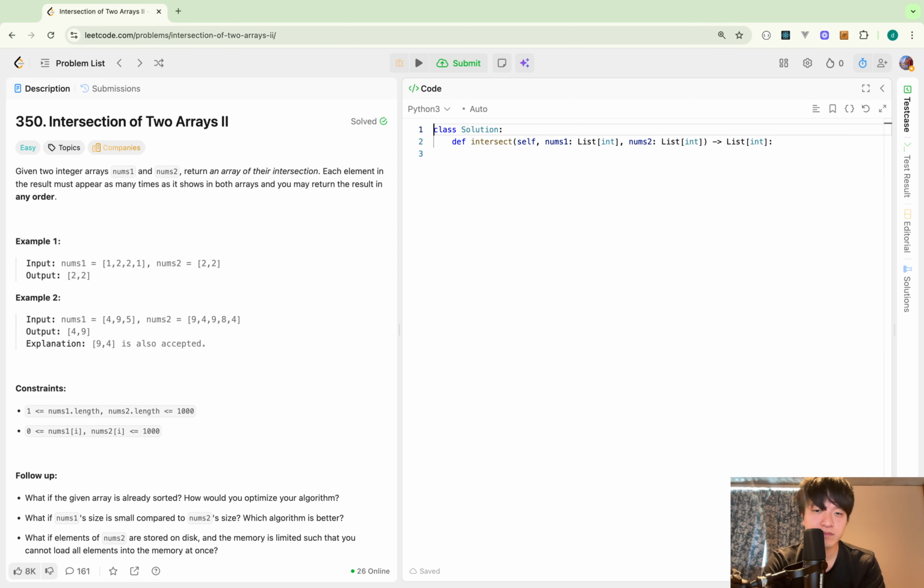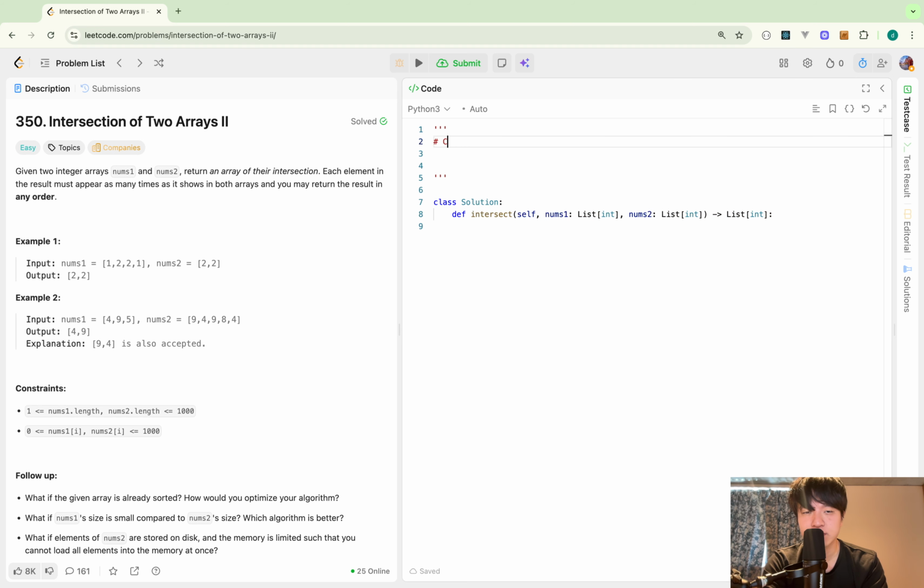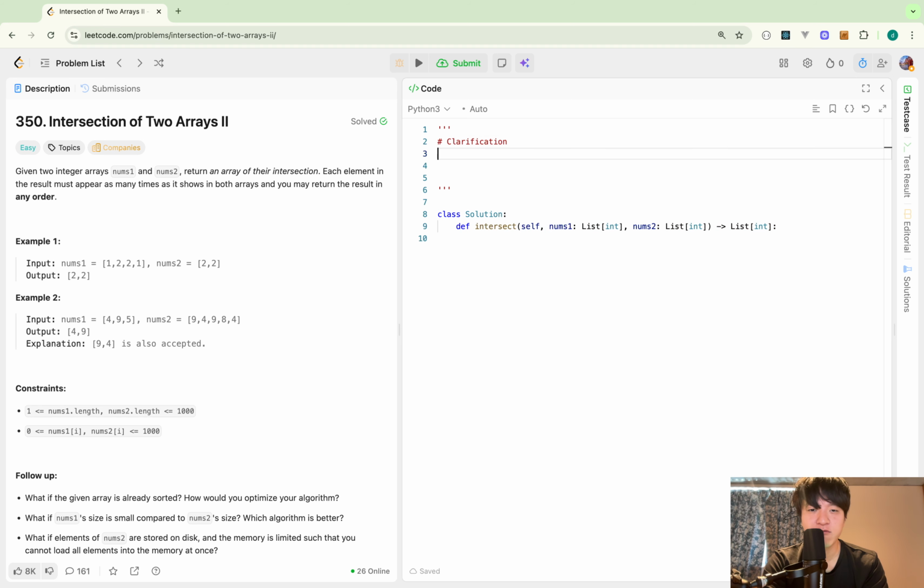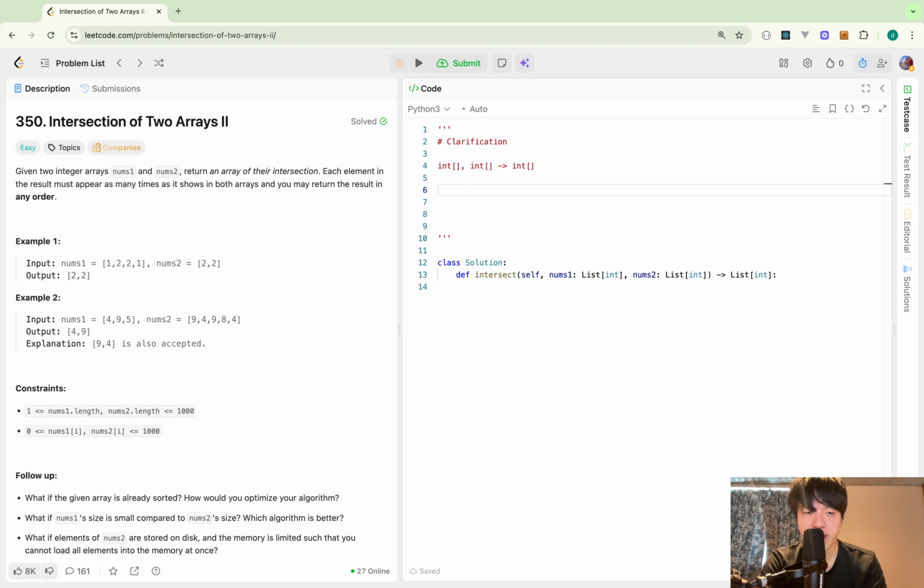So let me quickly clarify some things. For the interface, I'm given nums1 and nums2. Both of them are integer arrays, and I will return a nums array. Obviously. And for constraints,